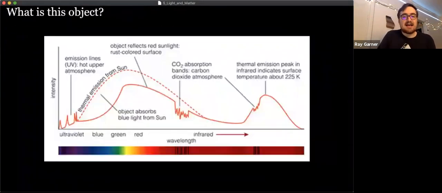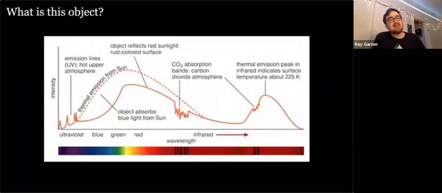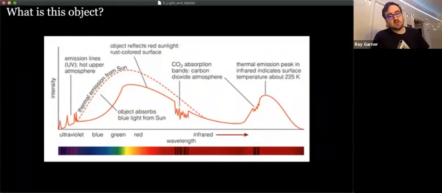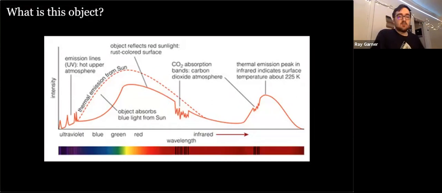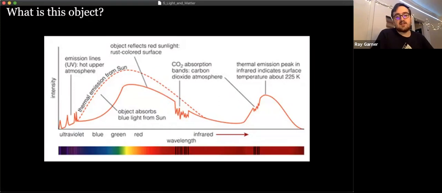So as a final test, I want you to tell me what this object is. This is its spectrum. You can see the rainbow spectrum with absorption lines and emission lines at the bottom, but also its intensity versus wavelength plot. And you can see different parts are labeled. So the spectrum that we're measuring is the